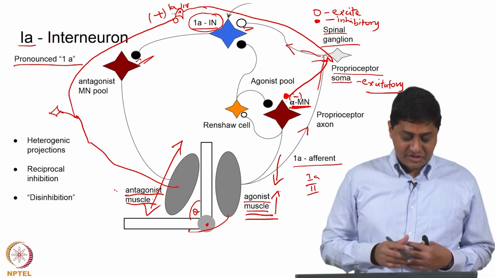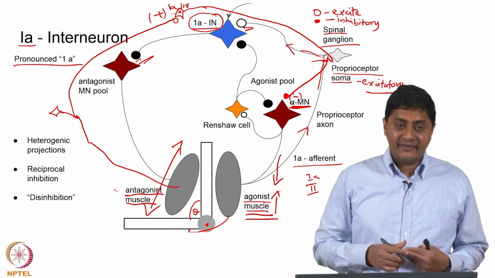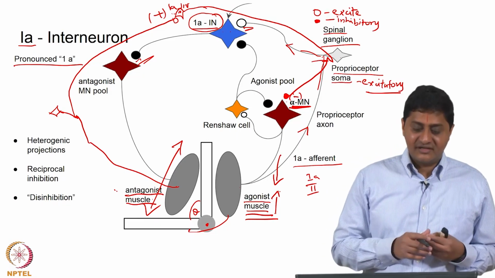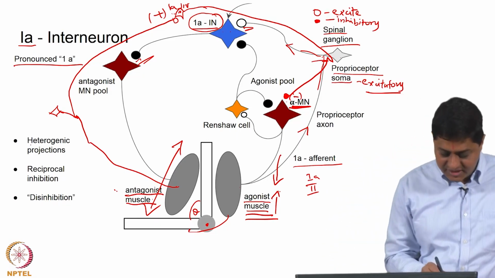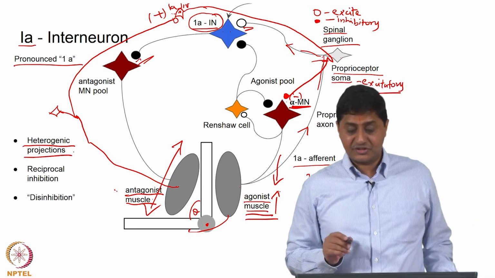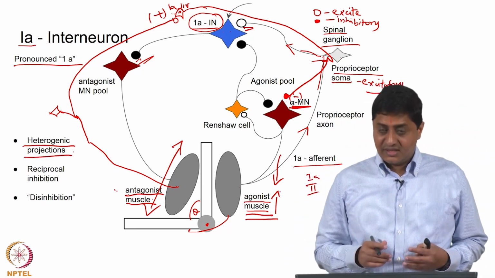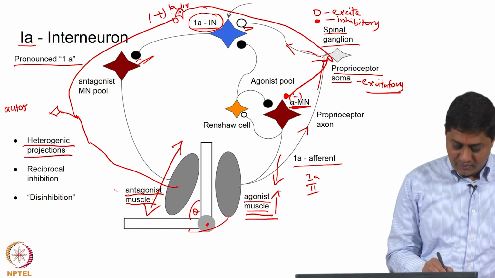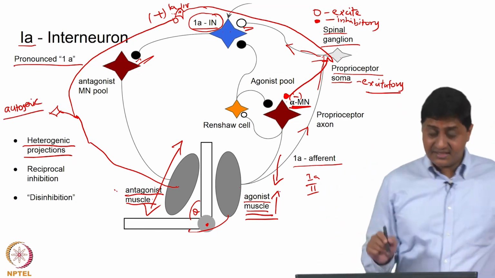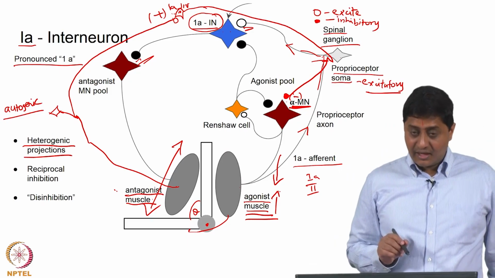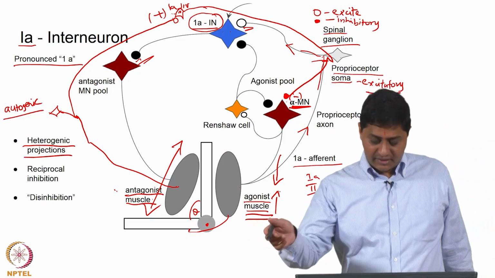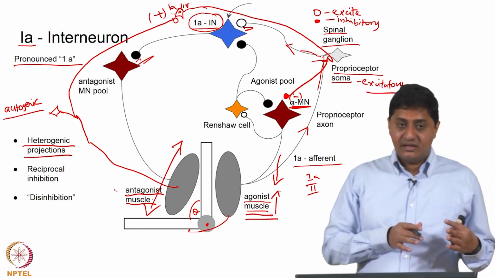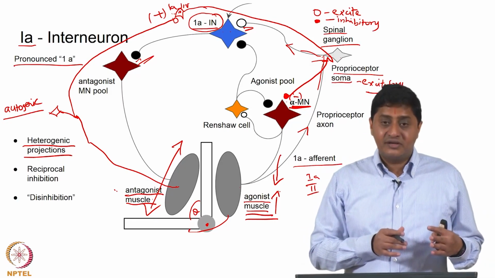Projections that go to neurons that innervate other muscles are called heterogenic projections. Those projections that go to the neurons innervating the same muscle are called autogenic projections. Okay. In this case, these projections are heterogenic. When the agonist muscle is getting contracted, the antagonist will inhibit the agonist motor neuronal pool. When the antagonist muscle is getting contracted, the agonist will inhibit the motor neuronal pool of